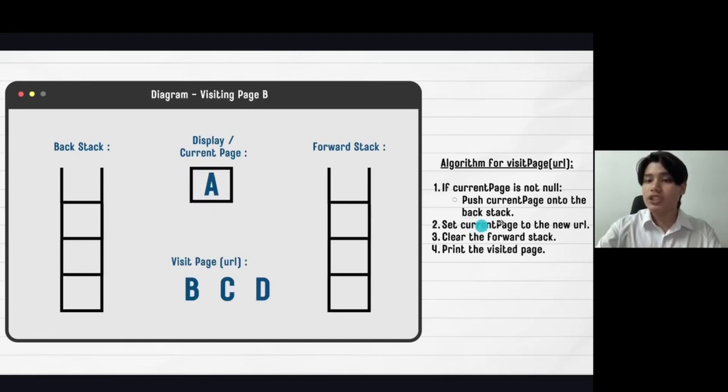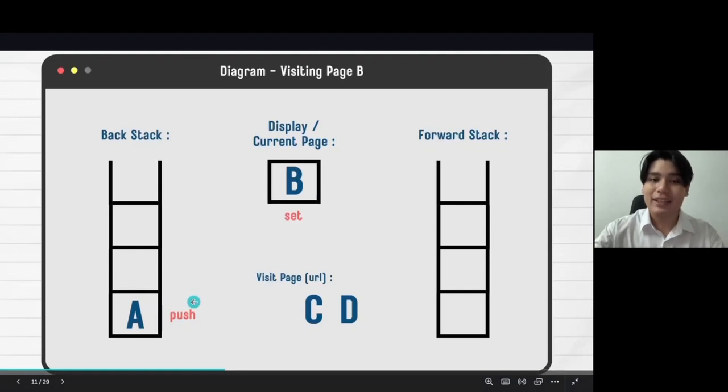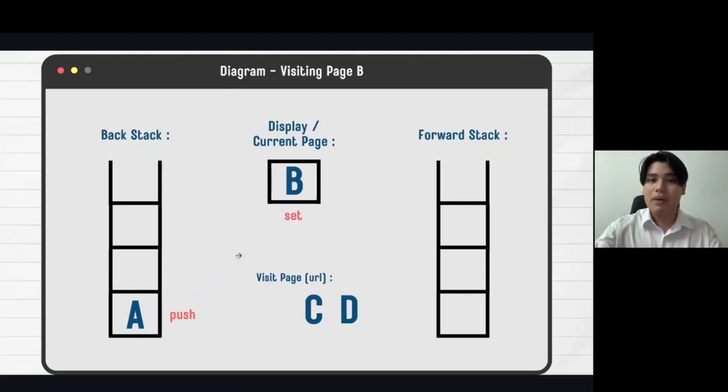So we have to push the current page, which is A right here, onto the backstack, and set the current page to the new URL, which is B right here. We're going to set B as the current page, and A is going to be pushed onto the stack. Okay, so let's just do that. Now B is set as current page, and A is already pushed onto the backstack. So that's pretty much about it if you want to visit a new page when the current page is filled